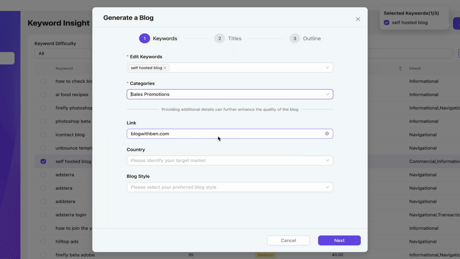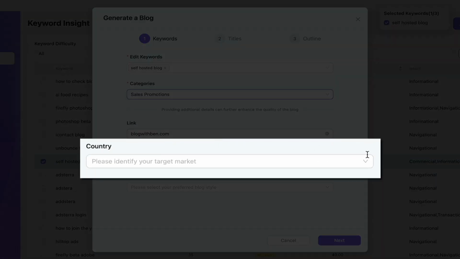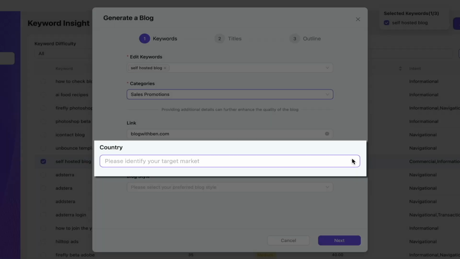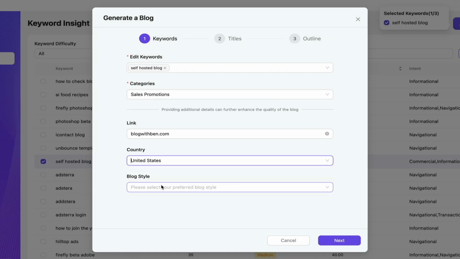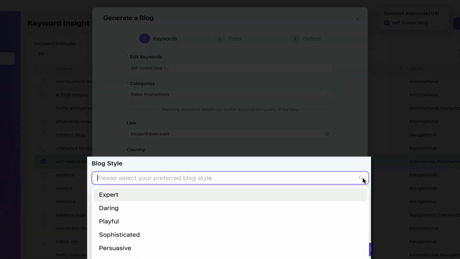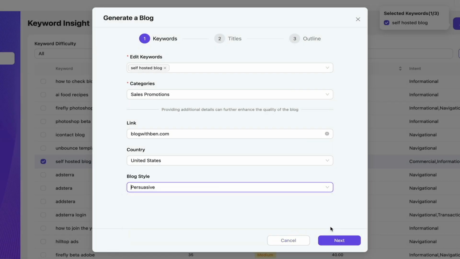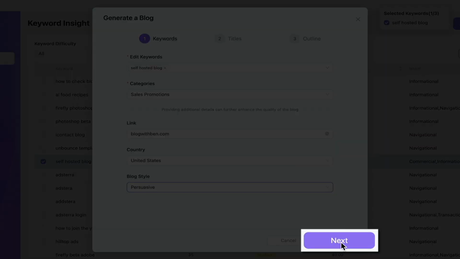Then below that, you'll identify the target market. This isn't required, but the more info you give the blog writer, the better. And then finally, select your preferred blog writing style. You have a few to choose from, but for this post, I'll go with persuasive. Then once everything is filled out, click the next button,